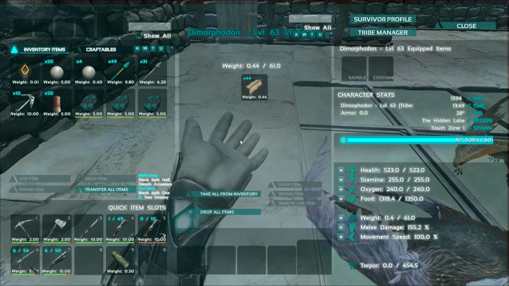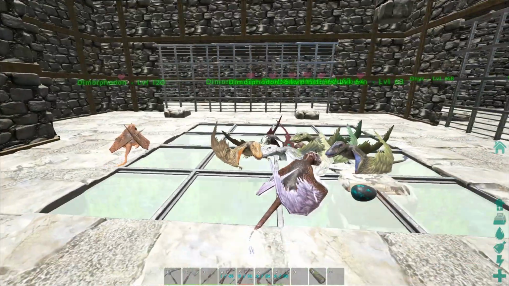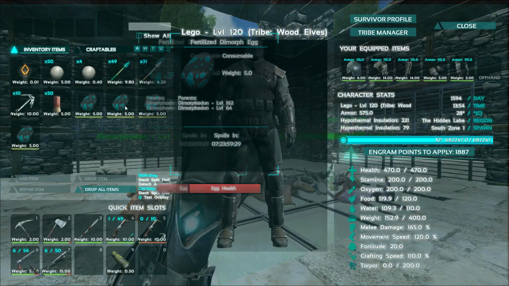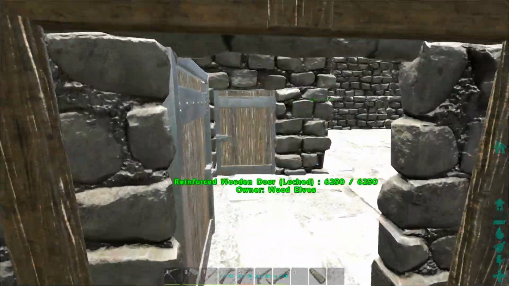Oh, let's get you. Get off my shoulder. Get out of here. Okay. Off. Okay, so we've got our egg. Another egg. Yes, so we've got 4 fertilized dimorph eggs. That's hilarious. Okay, so we're gonna take these up and throw them next to the...